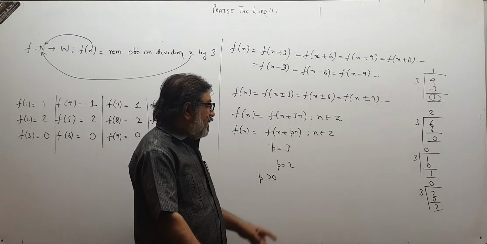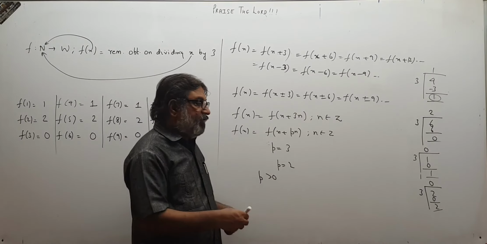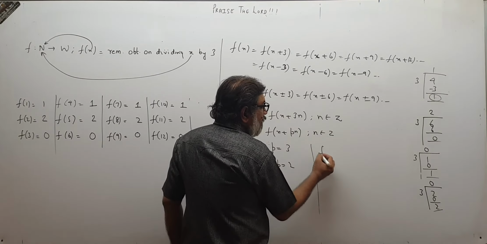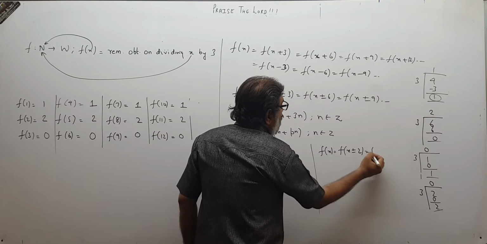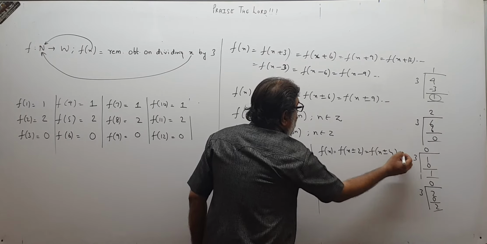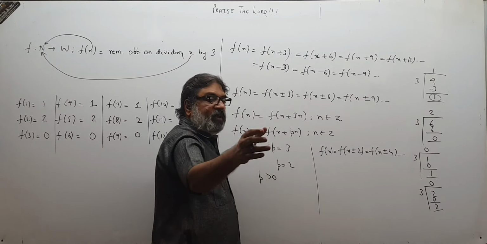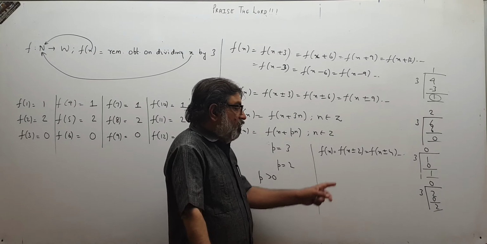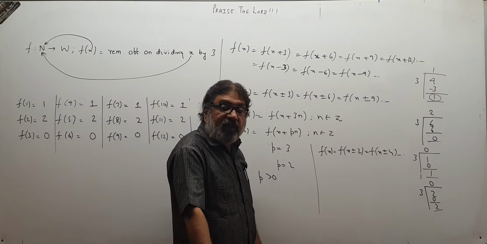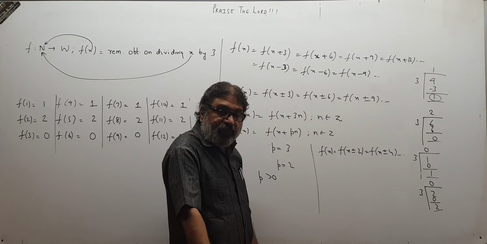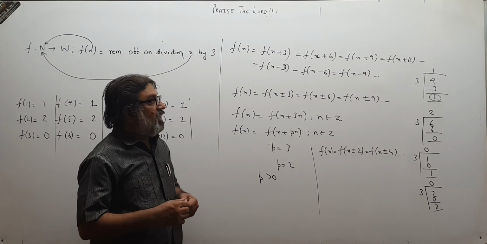Plus 3. Therefore, 3 is the period of this function. Over there, f of x was f of x plus minus 2. Let me repeat. We saw over there f of x plus minus 2 equal to f of x plus minus 4, and like that. So p can be plus minus 2, plus minus 4, plus minus 6, plus minus 8, like this. What is the smallest positive value available? 2. Therefore, p equal to 2 is the fundamental period of that function, the previous function. Here, 3 is the fundamental period of the given function, this one.